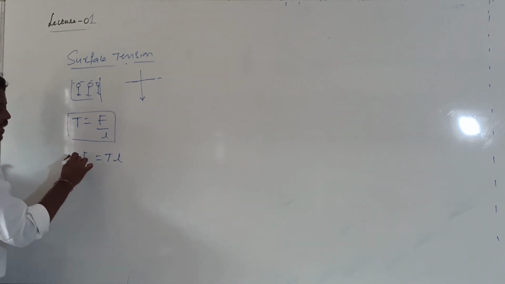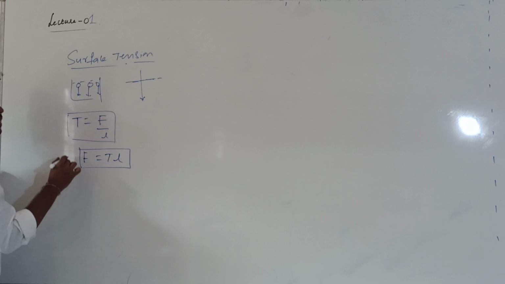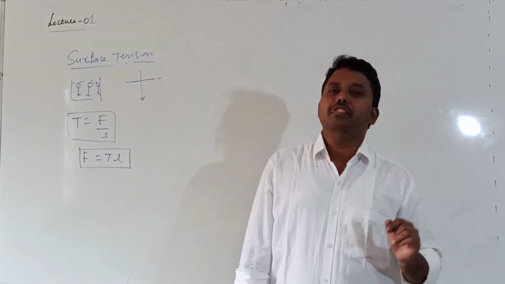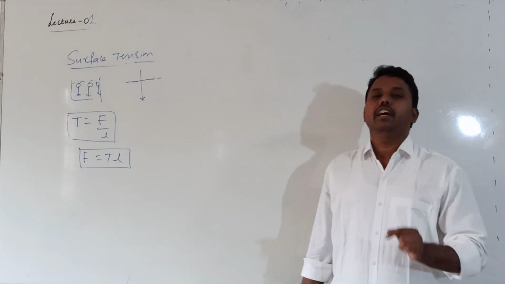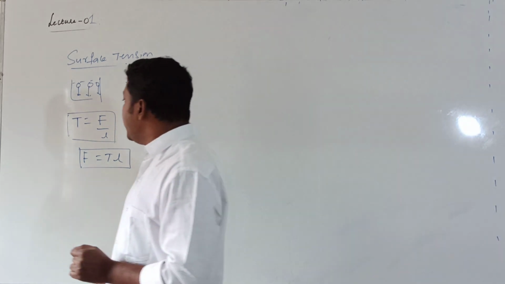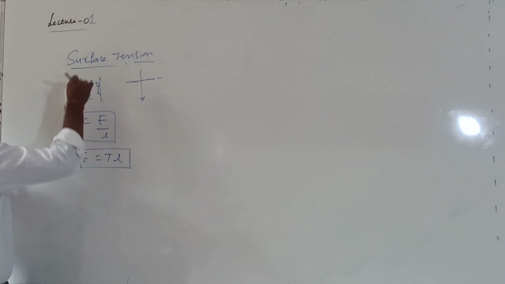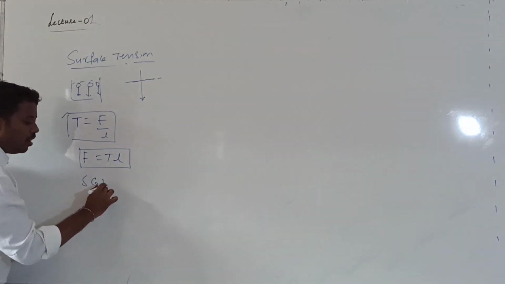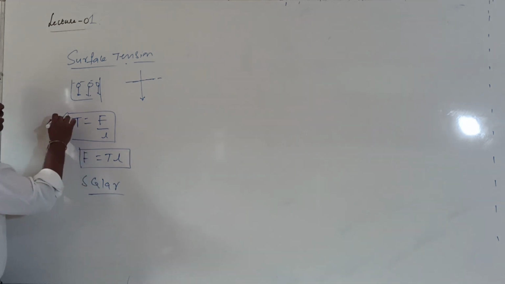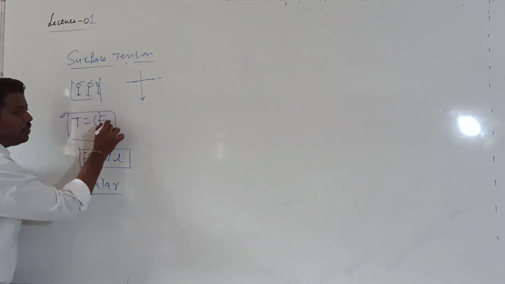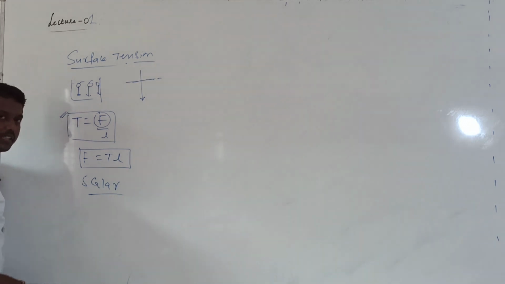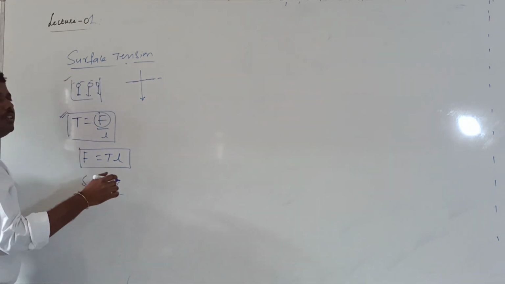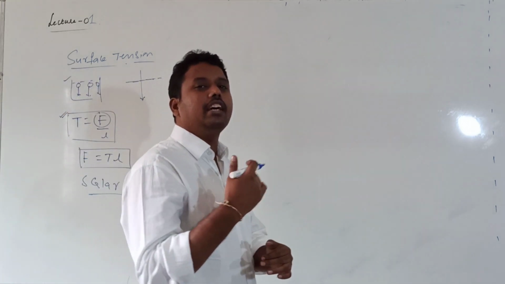So on the free surface of the liquid, there will always be a force acting. That force value is given by F equal to T into L, where T is the surface tension. This force direction will always be normal to the line. So surface tension is a scalar quantity, because it does not have any direction. The direction of force will always be normal to that imaginary line. We will discuss how the force is acting and what is the reason behind that force acting. That we will come to know.